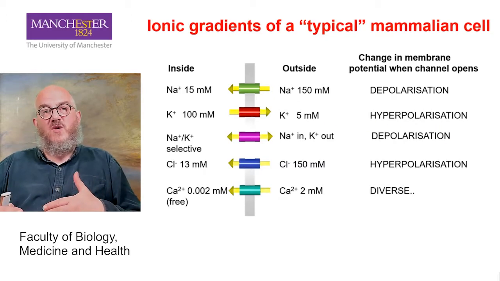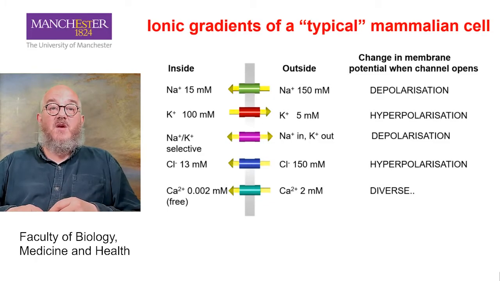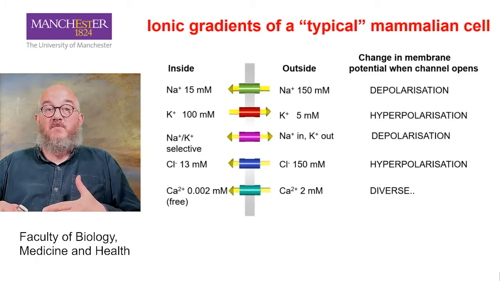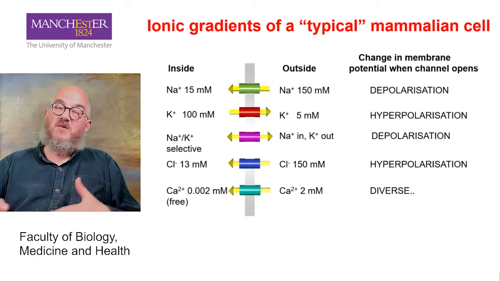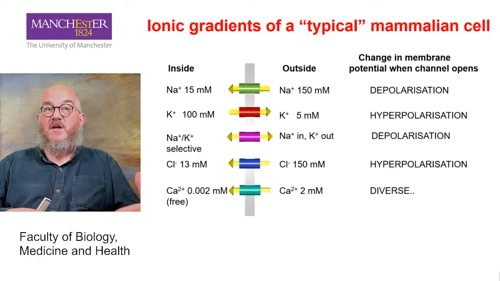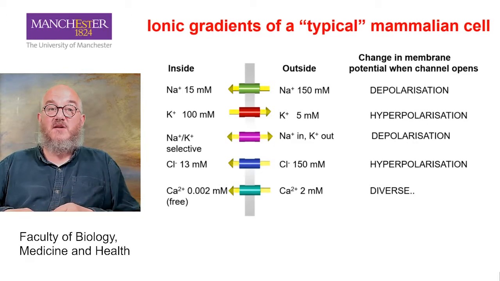If we've got an ion channel which is sodium and potassium selective, so it will allow both through, and that's actually quite a common scenario, it will allow movement of both ions, but the membrane potential tends to favor the movement of sodium into the cell rather than the movement of potassium out. So we'll tend to see depolarization if we have a sodium potassium selective channel. Chloride is high outside and low inside, so